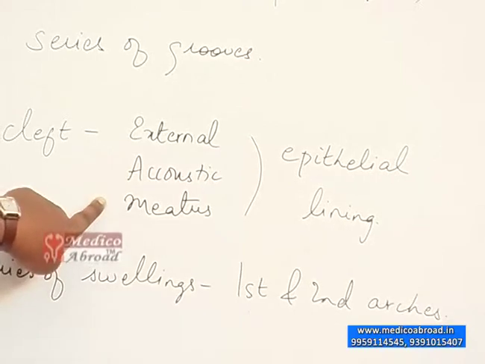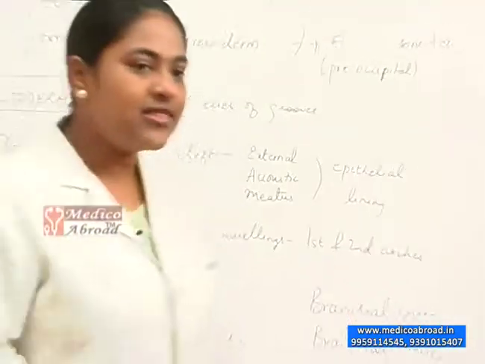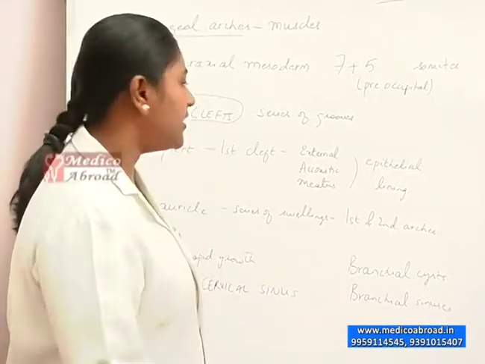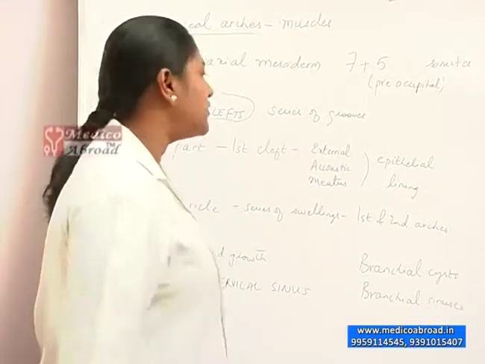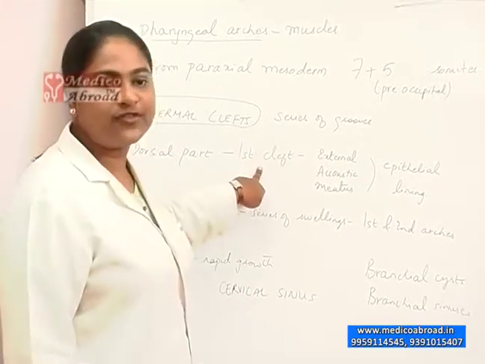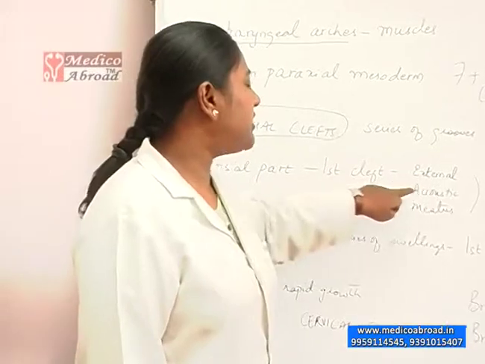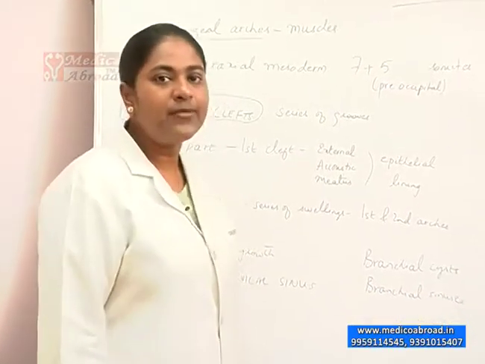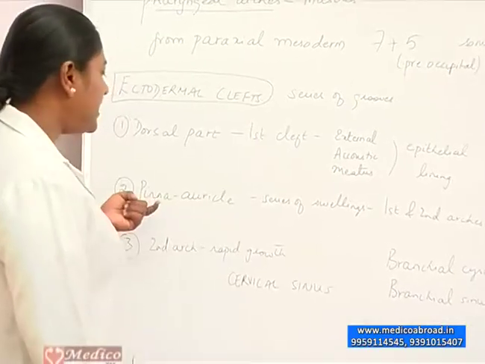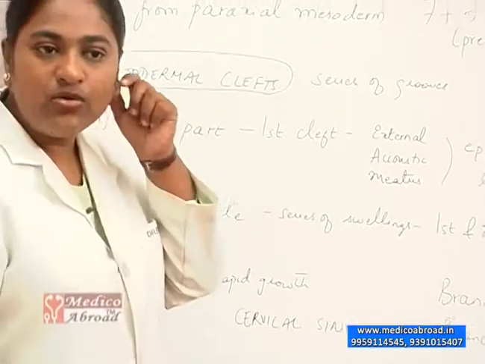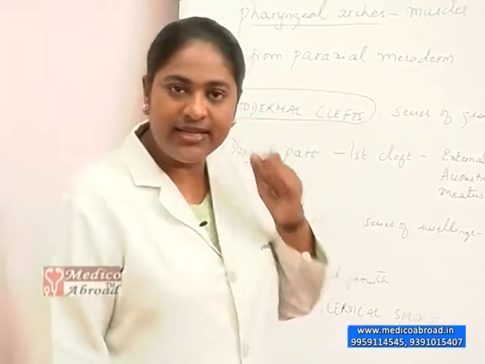The external acoustic meatus, or the auditory canal, is the canal leading from the outside part of your ear. So the dorsal part of the first ectodermal cleft between the first and second pharyngeal arches gives rise to the epithelial lining of the external acoustic meatus or the auditory canal. Now the pinna, or the outside part of the ear, the external ear, which is called